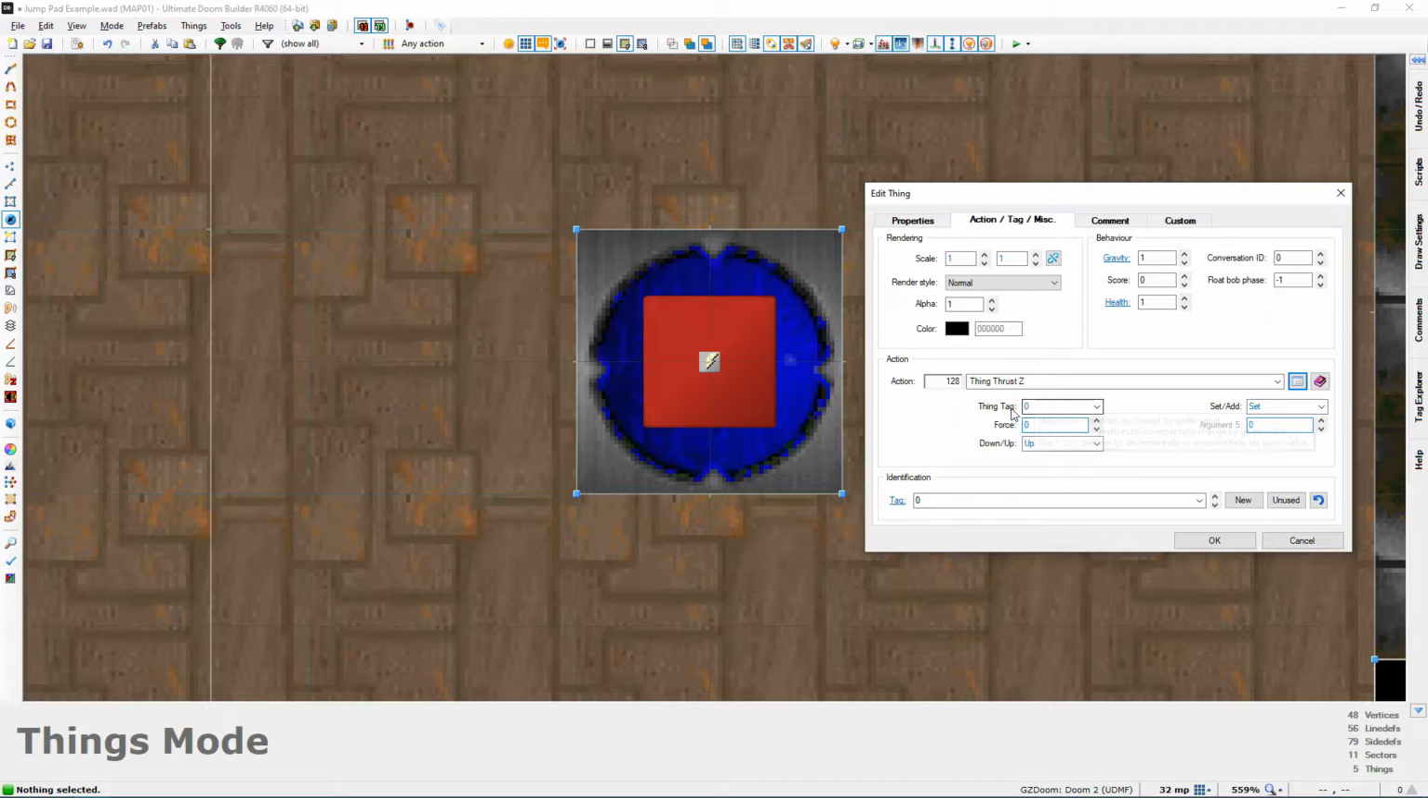For thing tag, we're going to leave that blank because we don't want to specify any particular thing. We just want it to be whatever enters this sector, and in our case that's going to be the player. Now force, this is obviously important because this is how much force we want to apply. I've already sort of cheated and gone ahead of time and just tested out different numbers, and for this particular jump pad I found that a force of 80 launches the player upwards just enough for him to get on